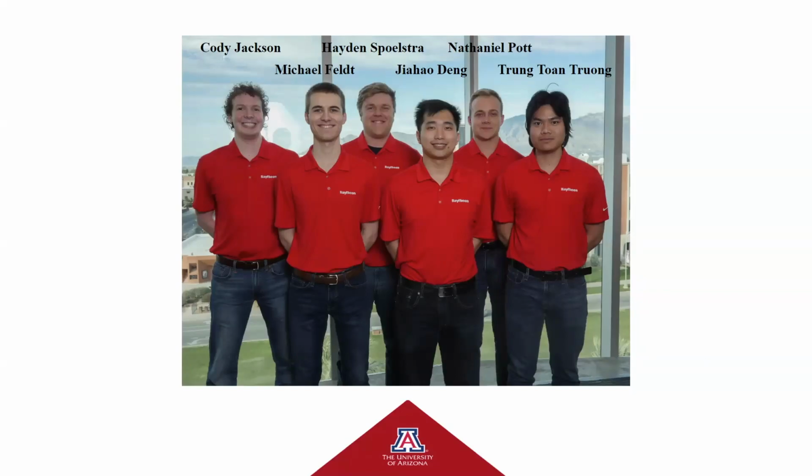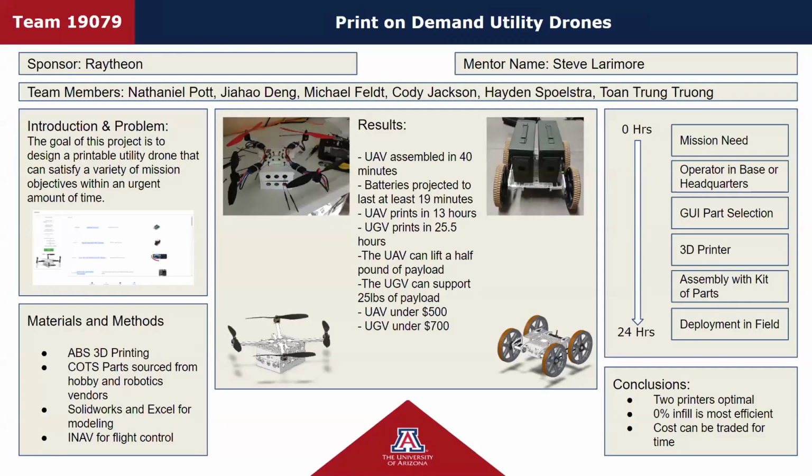Tuan Trung, Mechanical Engineering. So this project is the development of a system that allows an end user to quickly respond to an evolving or sudden mission need or requirement. It consists of a graphical user interface with part databases and designs, a 3D printer, and a kit of commercial off-the-shelf or prefabricated parts. So the user is able to be presented with some sort of need and very rapidly respond using a tailored